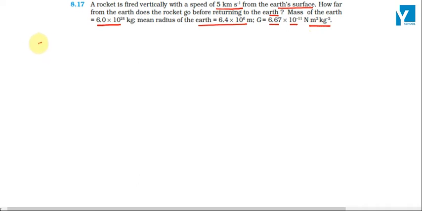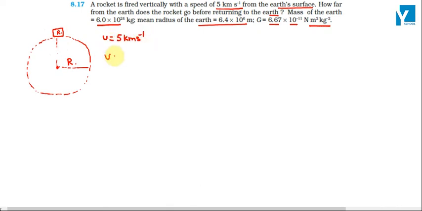So if I assume Earth to be roughly spherical body and this R is the mean radius of Earth. So a rocket is fired, suppose this is rocket. This rocket is fired with a speed of v is equal to 5 kilometer per second, or v is equal to 5 into 10 raised to the 3 meter per second. So we have to calculate when it is projected with this much speed,